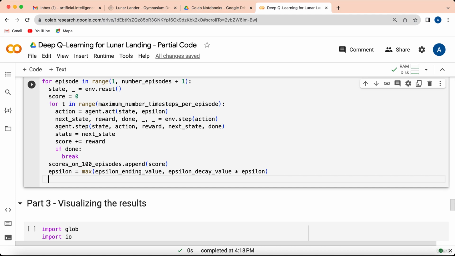Hello my friends, and here we are at the end of this training implementation. We just have to do one final print to print the training result, and we're not going to make a classic print, we're going to make a very exciting one because we're going to make a dynamic print, meaning that we will get the average score for each episode but in a dynamic way, meaning that episode by episode we